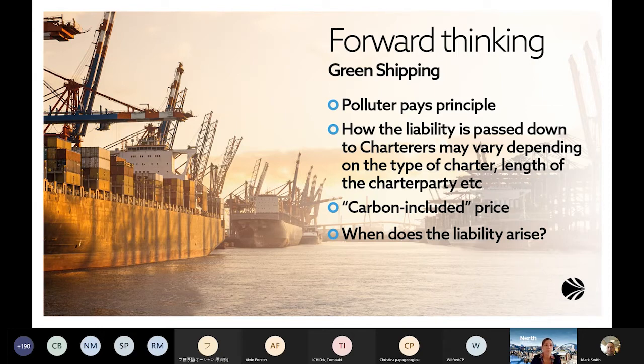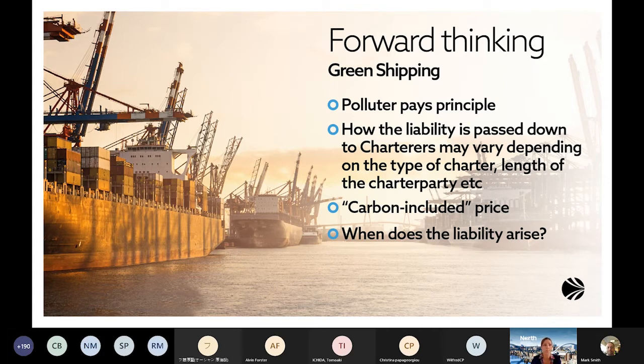ship. So, while the directive places the primary responsibility on the shipping company, it seems to expect that liability will ultimately be passed down the charter chain, given that it's usually the charterer who issues the employment and voyage orders to the ship, and in the case of a time charterer, the party who is responsible for the provision of the fuel. The way in which the owners may want to ascertain a charterer's liability may vary depending on the